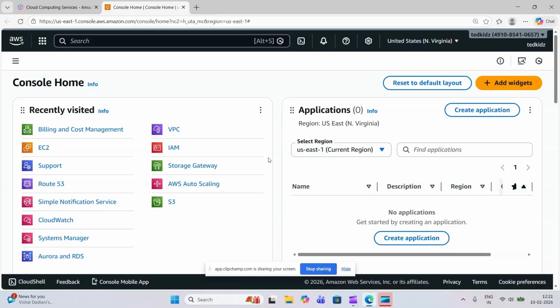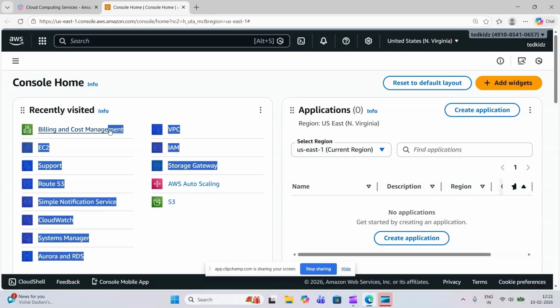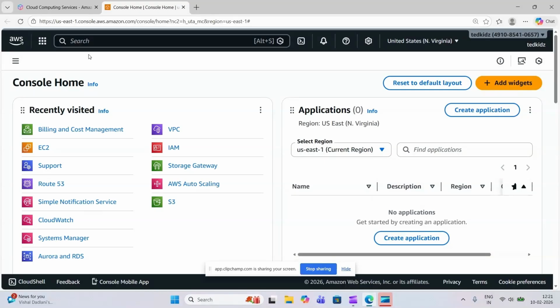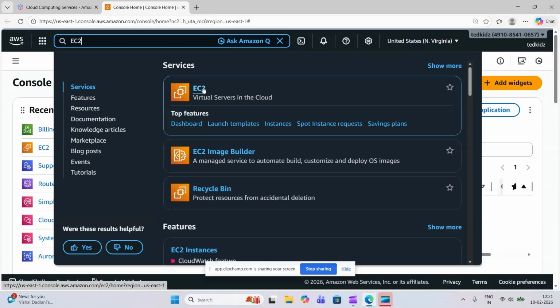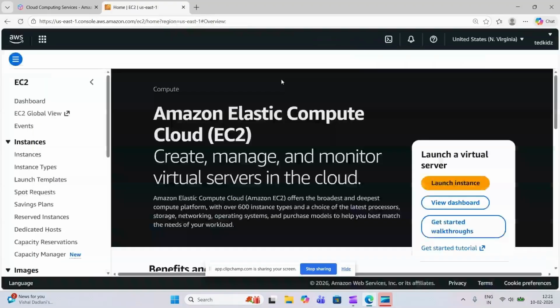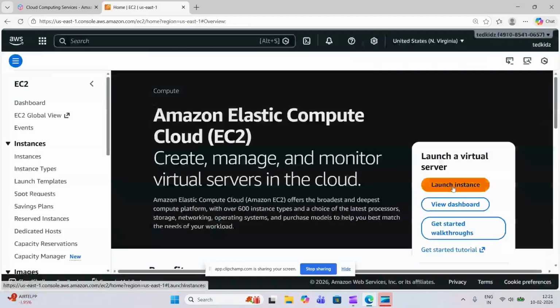The first part of any cloud system is the virtual machines which are available on this. With respect to Amazon, they are called the EC2 instances. So today we are going to see how we can create an EC2 instance. So once you log in into the console, go into EC2 and then look for this service EC2. So here, if you click on launch instance,